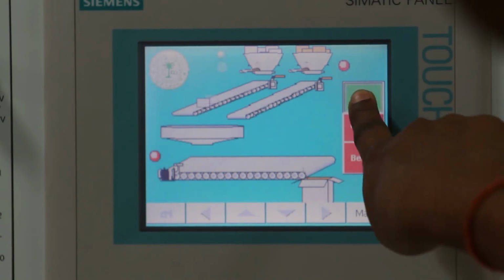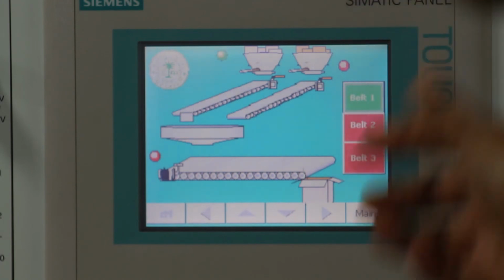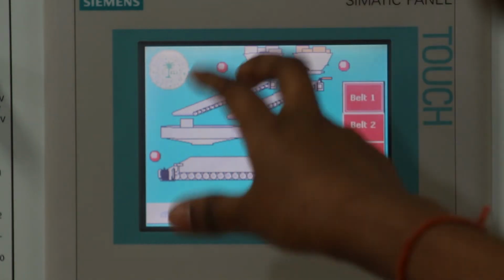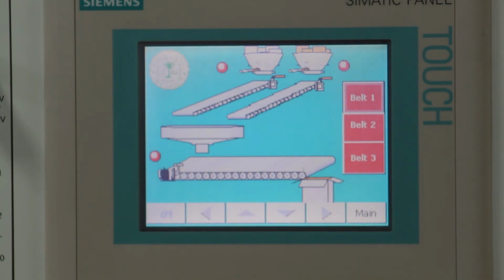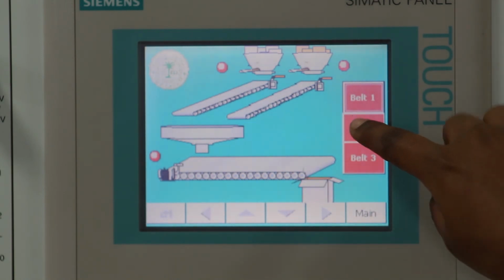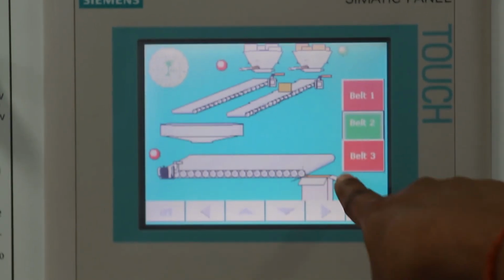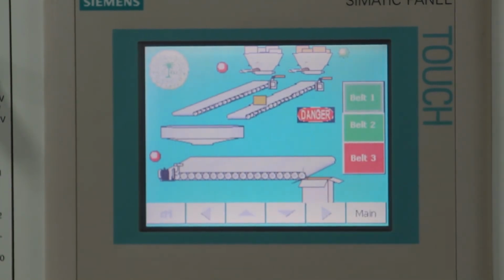When we turn on belt 1, the material moves on belt 1, then passes on to belt 3. When we stop belt 1, the material on belt 1 will continue for another 5 seconds and then pass on belt 3 for another 10 seconds. A similar operation occurs for belt 2. When we turn on belt 2, the material moves on belt 2, then continues on belt 3, as you can see here. If belt 2 is in operation and we turn on belt 1, it indicates an alarm. That means belt 1 and belt 2 do not transport the material simultaneously.